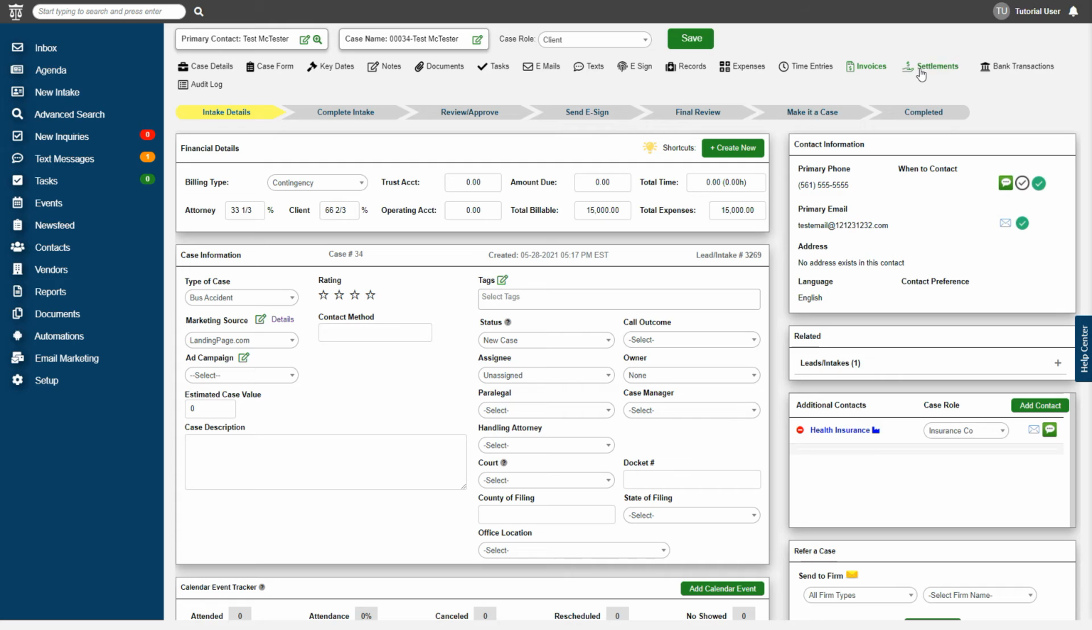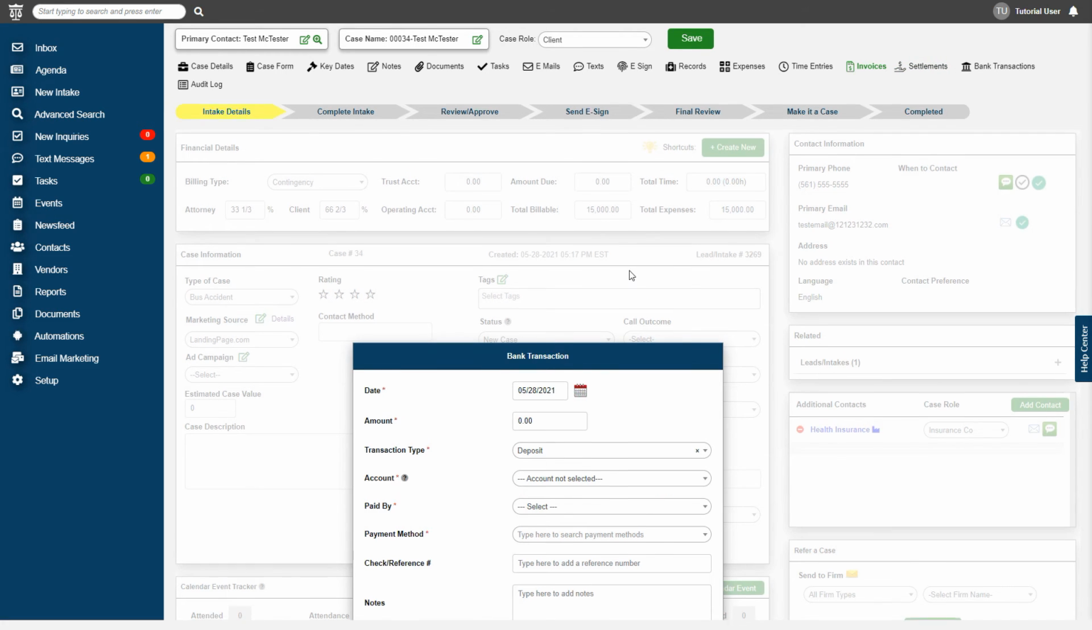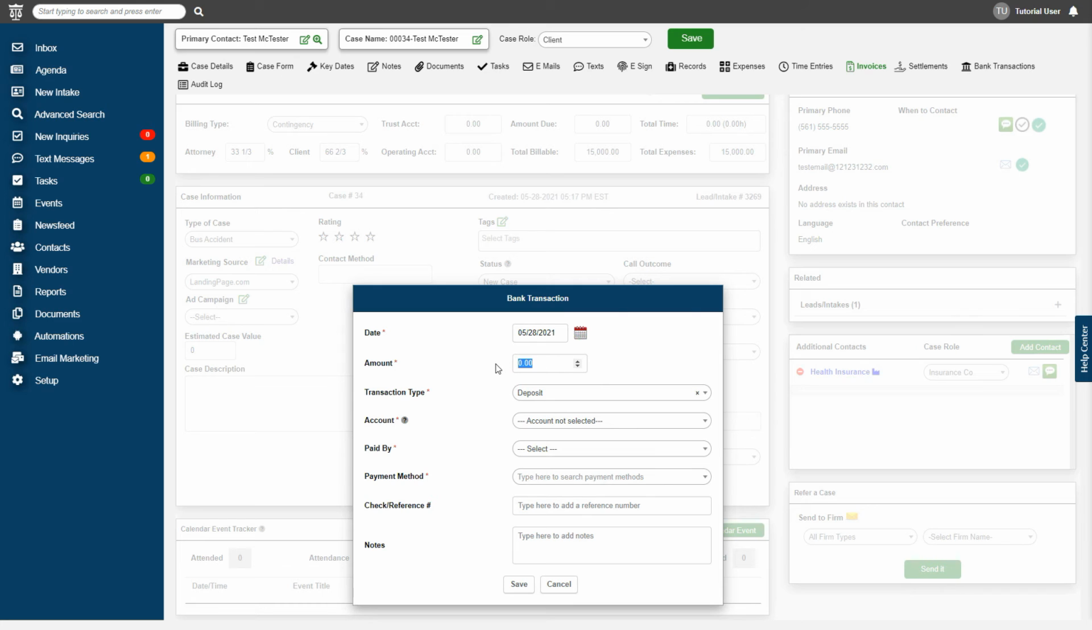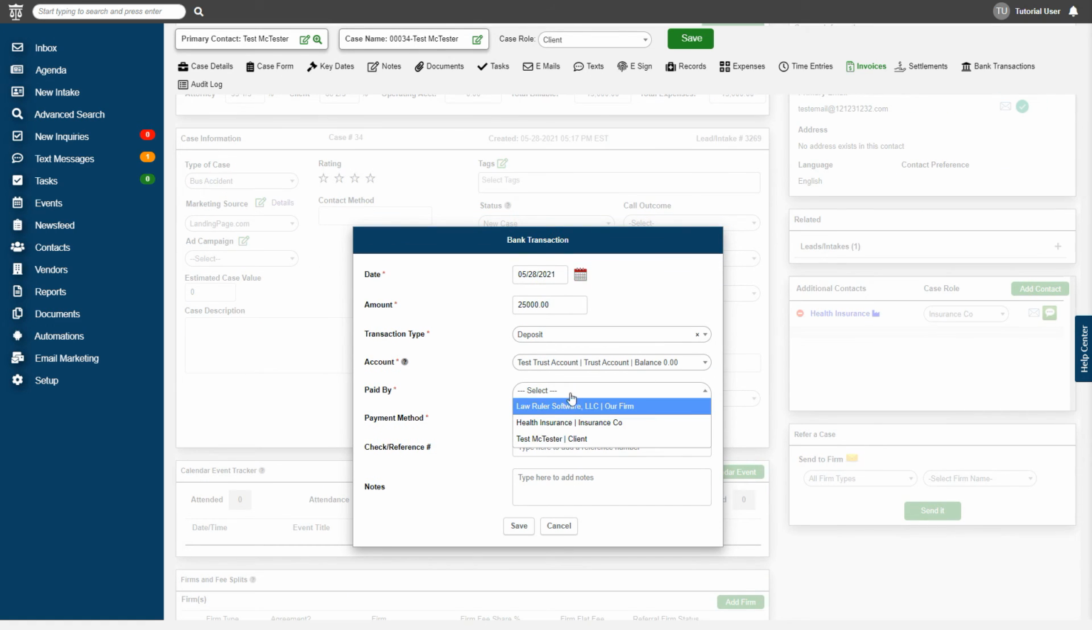So the first thing that we'll do for a settlement is we'll add a new deposit. So we'll select the deposit. We're going to add the amount of the settlement. So let's say it's $25,000. It's going to be a deposit. We'll select the trust account to drop the deposit in, and we will say it is paid by our additional